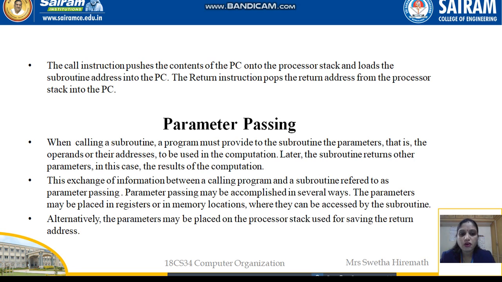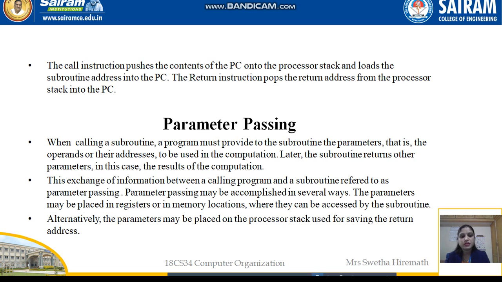For example, if the subroutine performs an addition operation, then the operand values have to be passed to the subroutine. Once it has done, the result will be passed back as a return value to the program which has called it. This exchange of information between a calling program and a subroutine is referred to as parameter passing.